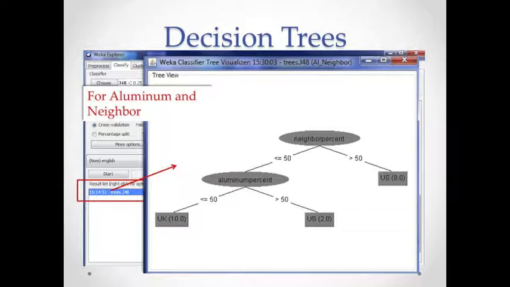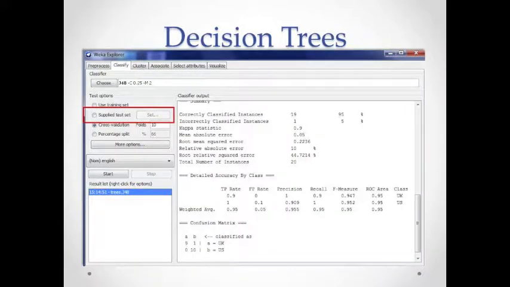At first, anything above 50% is classified as US English by Weka, and the remainder are then subjected to an aluminium percent test, with anything less than or equal to 50% being classified as UK English and the rest being classified as US English. To see the results of these decision procedures as classified by Weka, we first load up